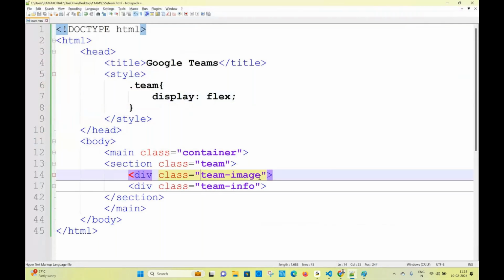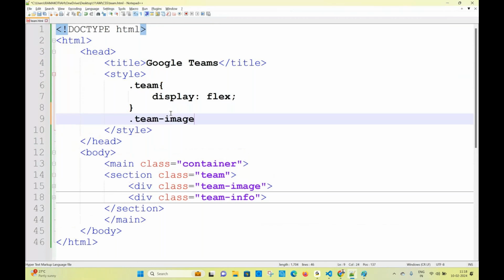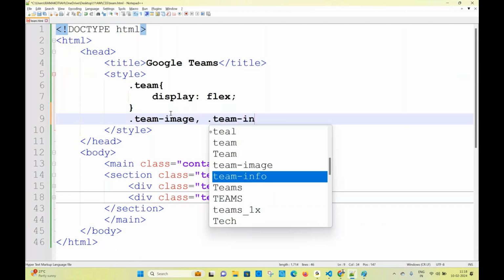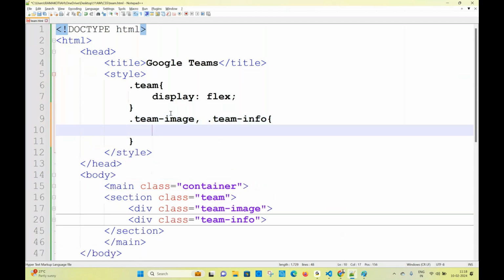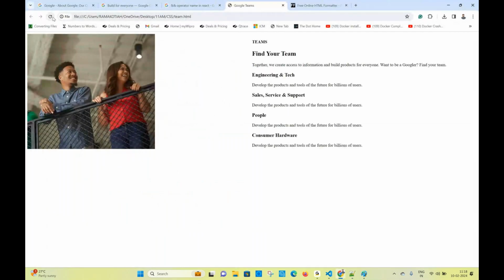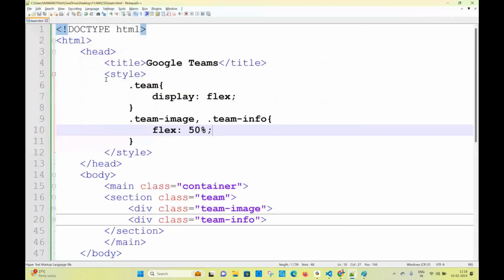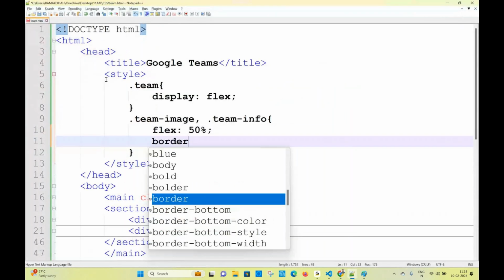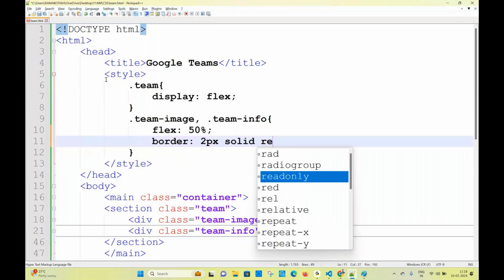Team image comma team hyphen info. What is the width for both? Flex width is going to be 50%. I am taking 50%. Image should be exactly center. If you write some border, you will understand. If you can write some border, 2 pixel solid red border, maybe if you can refresh now, this is going